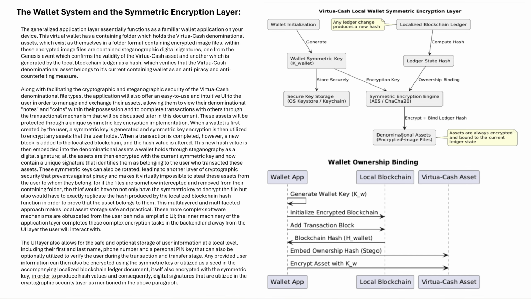So each asset will then own, if I spent something or if I traded with somebody, those changes to the state will then create new hashes that are then re-encrypted and then stored inside the denominational assets, and the old ones are removed. So what you have basically from this process is a state machine that's constantly mutating. It's a mutational state machine. And the state of your wallet and the state of the assets in the wallet are always changing based upon